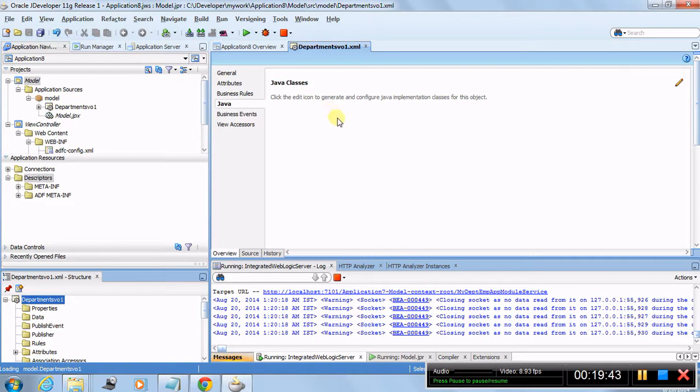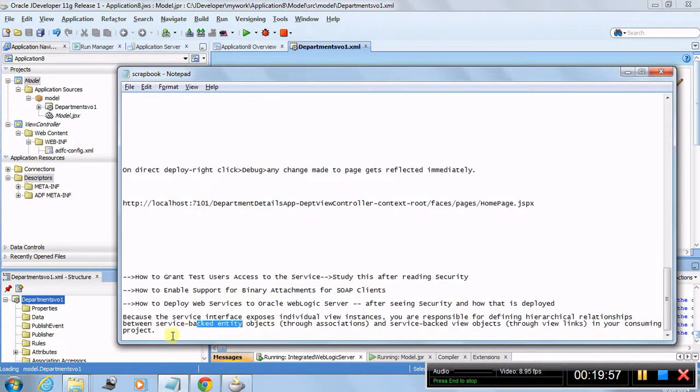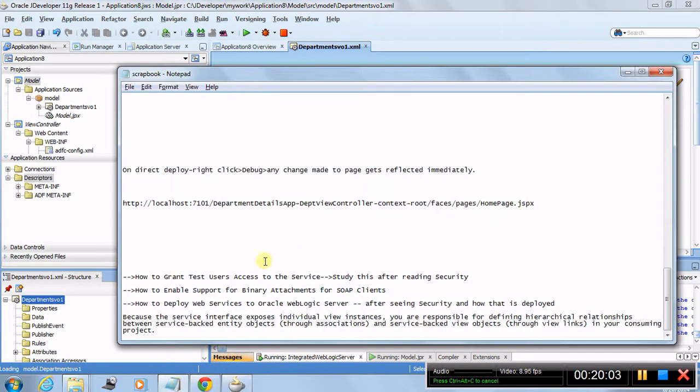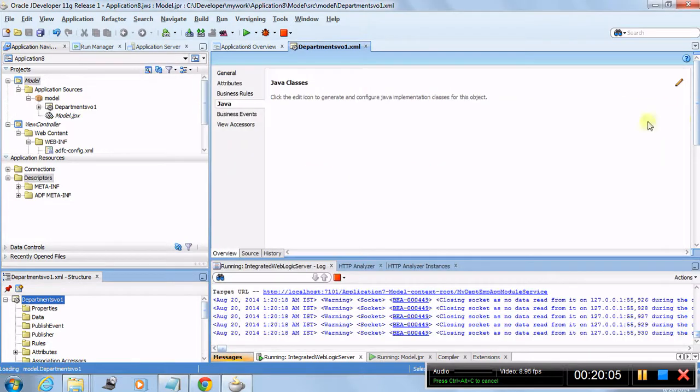Because from the server side, from where you have exposed, you can just fetch all those views. You are responsible for creating the view links. View links or associations are not going to just be copied like that in your fresh application. So you are responsible for creating those. So this is the concept of service-backed entity object and view object. So I hope this goes well, and I'll